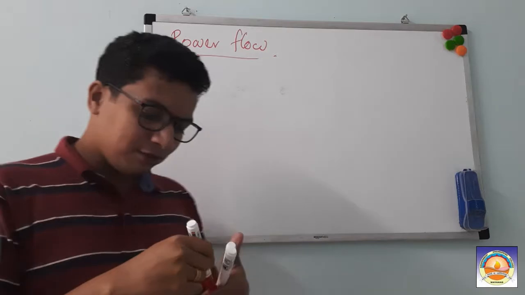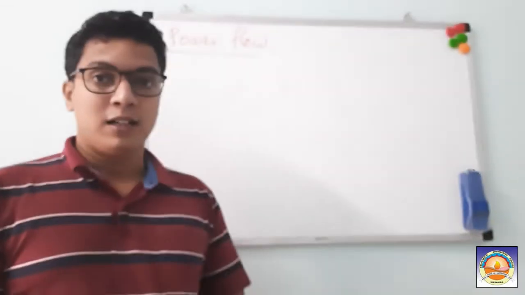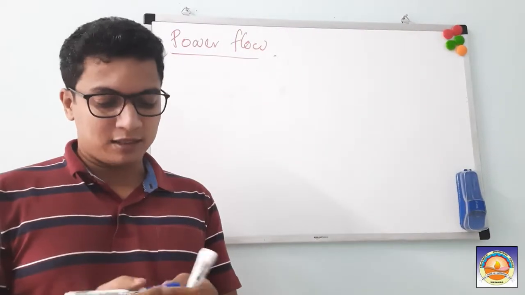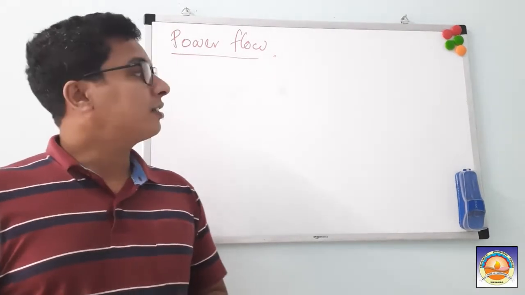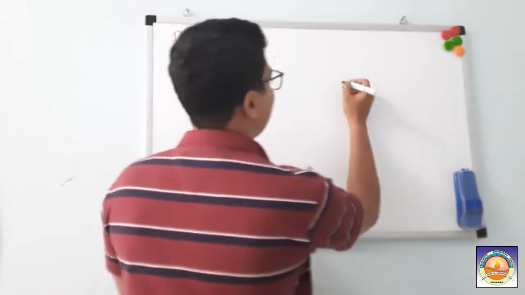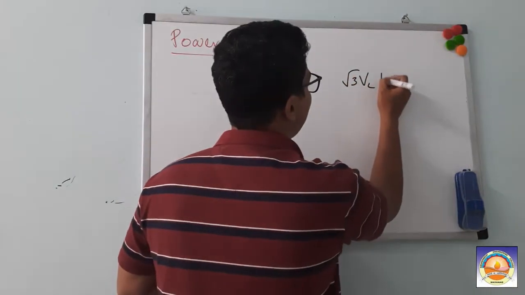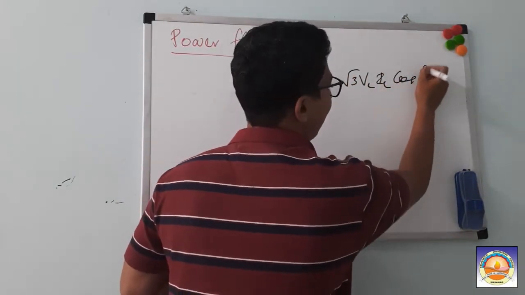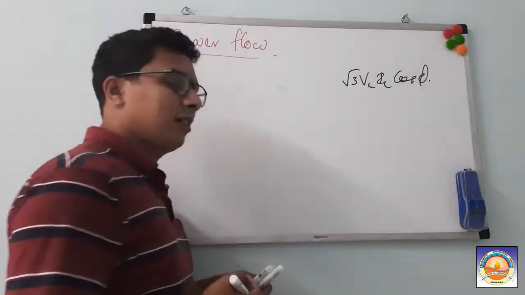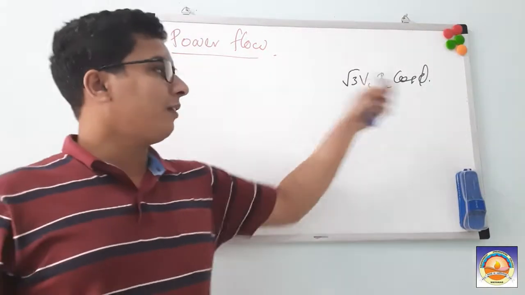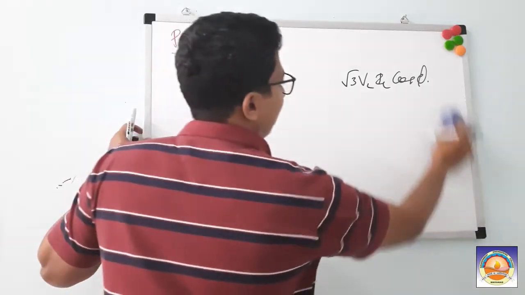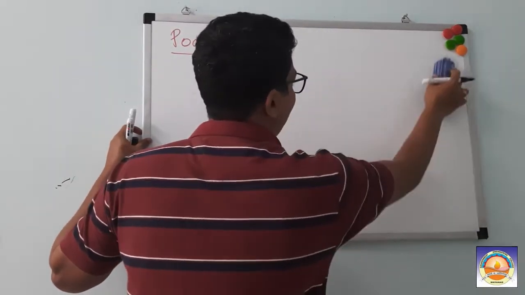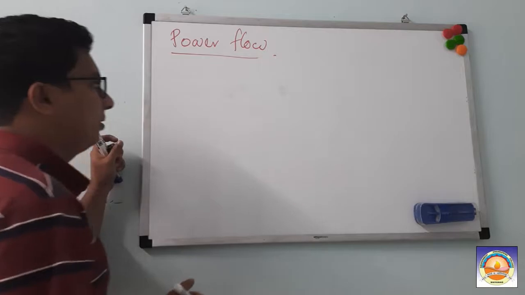So if I ask you what is the equation for power, you will say it is voltage into current, or voltage into current into power factor, right? Or if it is three phase power, it is equal to root 3 times VL IL cos phi. If I am talking about reactive power, it is root 3 VL IL sin phi. These are all known, but that is not the way I am going to treat the problem now.